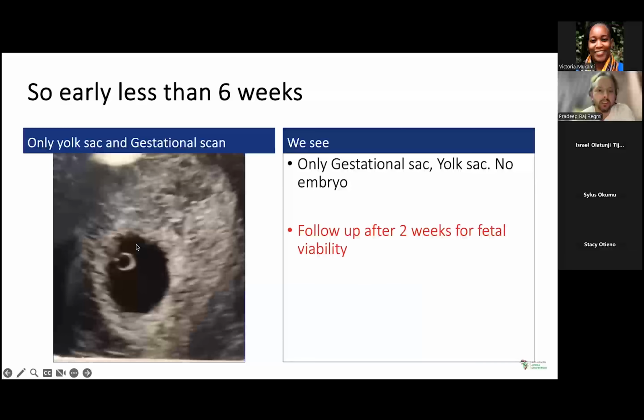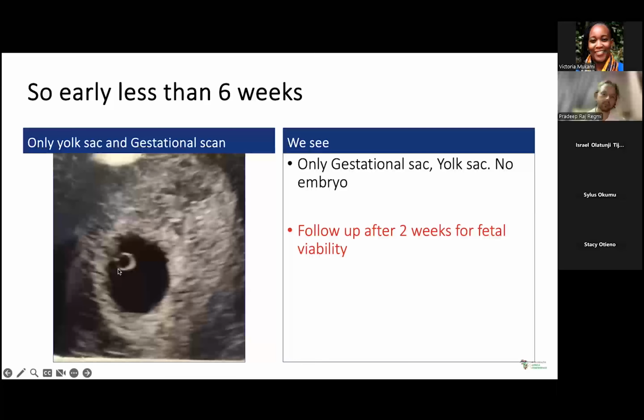And sometimes there are challenges that you cannot see the embryo within the early pregnancy if the fetus is usually less than 6 weeks. In an abdominal scan, you can see the fetus after 6 weeks, but in a transvaginal scan, you can see it in cases of less than 6 weeks as well. So if you do not see the embryo, and you only see the sac and the yolk sac,